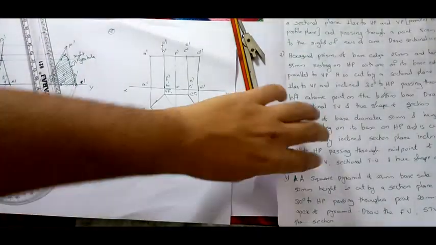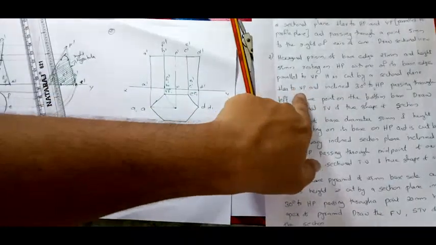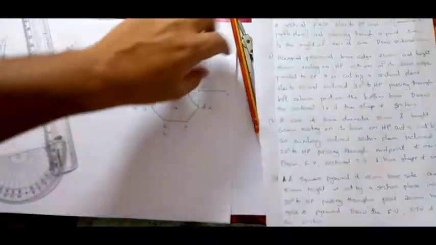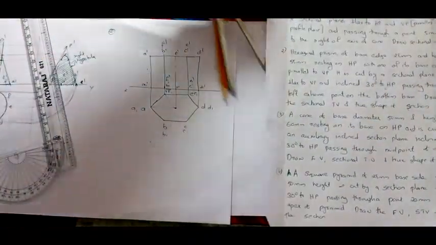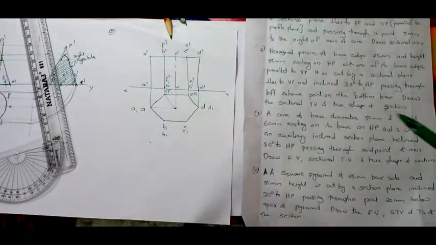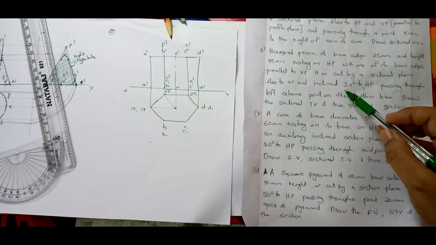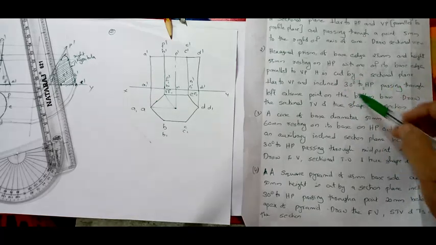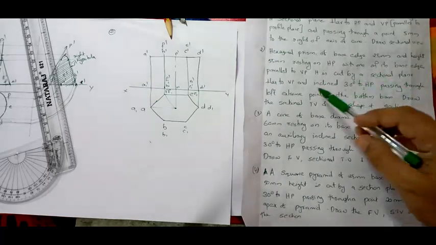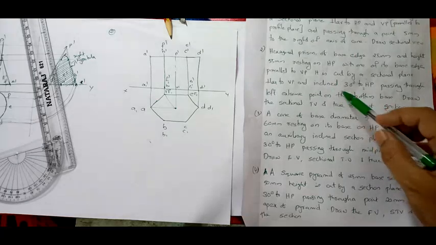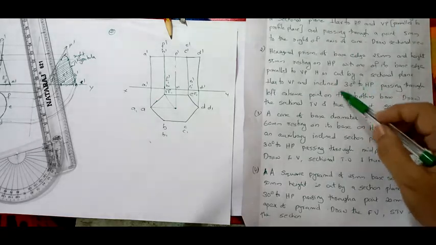Now, how is it cut? See, it is cut by a section line perpendicular to VP and inclined 30 degrees. Now you will be worrying how to draw the line, right? Perpendicular, parallel, need not worry about that. See, inclination is given, so you can directly do it. It is inclined 30 degrees to HP, right? HP means you can see it on the front view. So that section line is in the front view because it is inclined to HP.